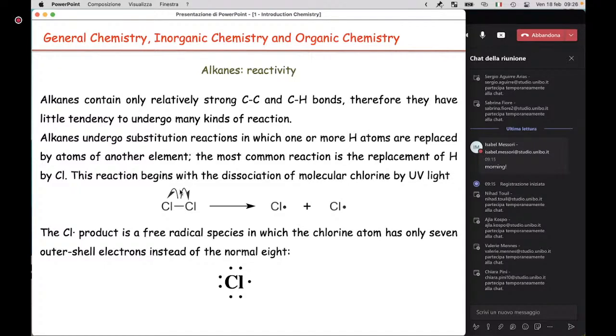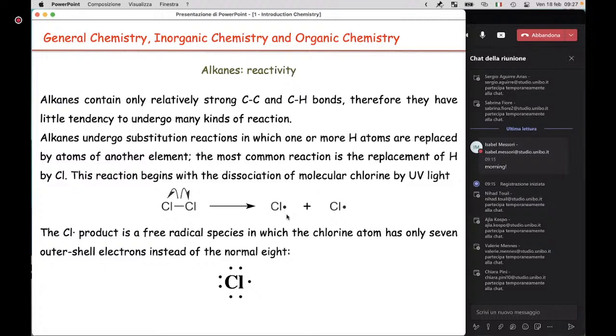dissociation, a special kind of dissociation, which produces two free chlorine atoms. As you can see here from the dot, this is an electron. It is an unpaired electron, because chlorine belongs to the 7th group, so it has 7 electrons in the valence shell. And so one of its electrons is unpaired. The other 6 are paired, 2, 4, 6, but the 7th one is unpaired.